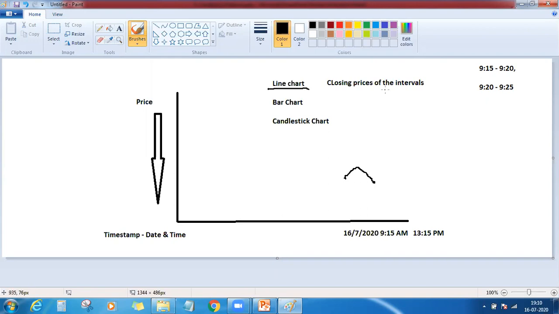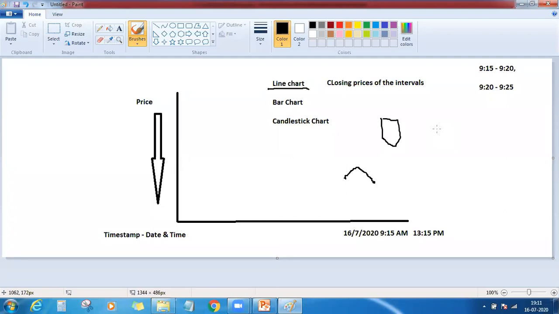If you're browsing a daily time frame chart, we'll consider the closing price of that particular day. If you're browsing a weekly time frame chart, then on Friday, because the last trading day of any week is Friday, Saturday and Sunday being holidays. And if Friday is a public holiday, then Thursday would be your last day of the week. So for every week, the Friday closing price would be taken. And for every month, the closing price of the last working day or last trading day of that month will be taken.